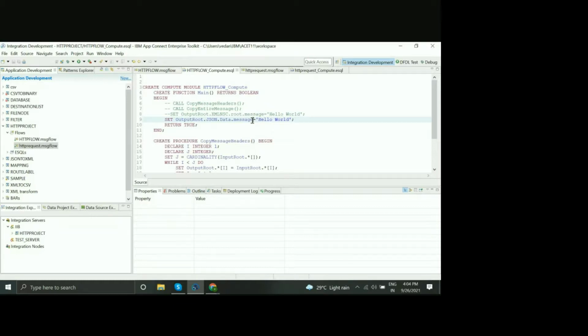If there are any root tags, I would give XMLNSC and then the tags, but I never gave the root along with the tags, or data along with these kinds of things like messages. Okay, should I try this way? Yeah, try it. Even I don't know whether it will pass or fail. So let's try that out. Yeah, this is the first try.